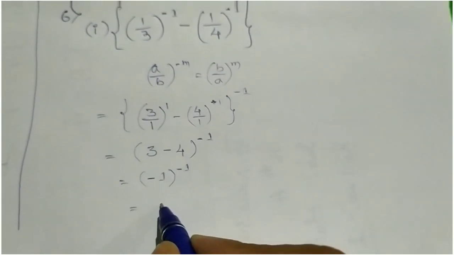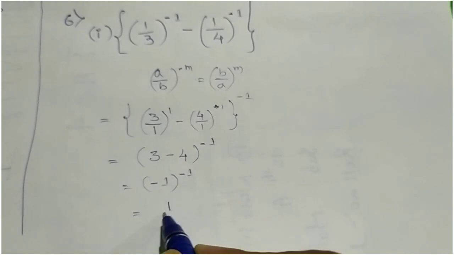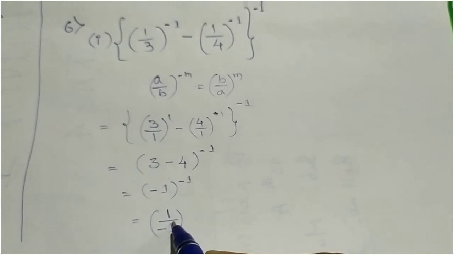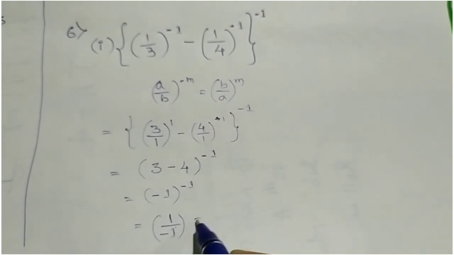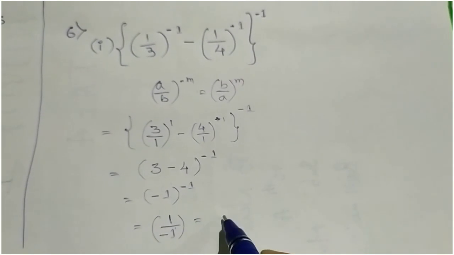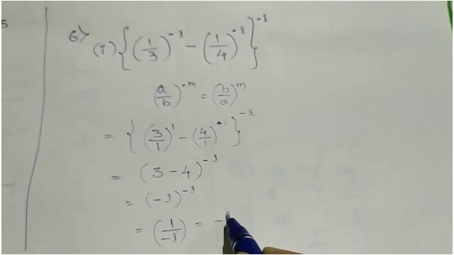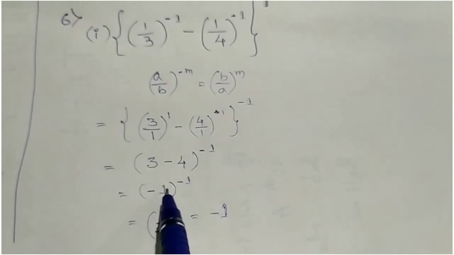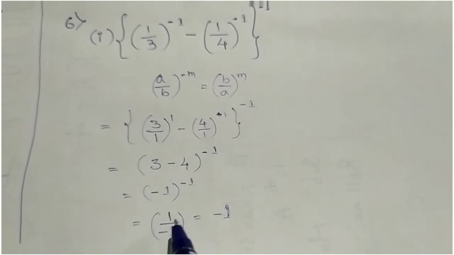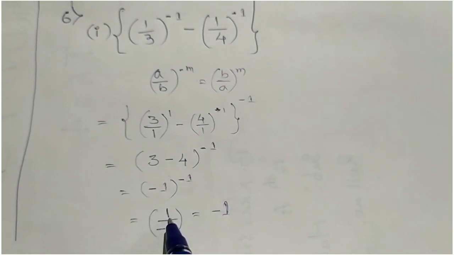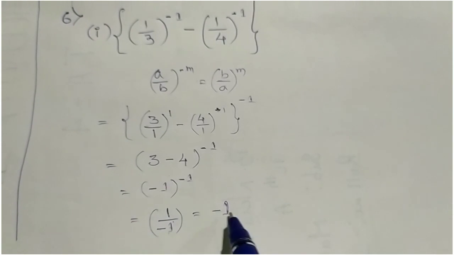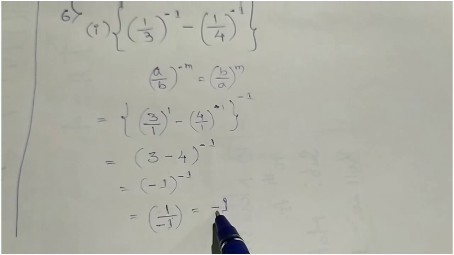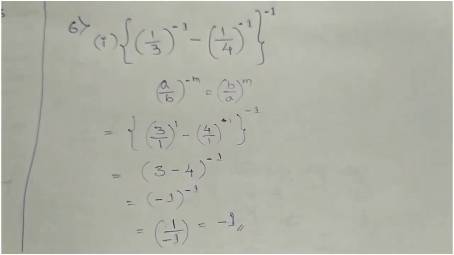Now 3 minus 4, that is minus 1, and again whole power minus 1. We can rewrite this like this, 1 by minus 1, okay, power becomes plus. So our answer will be 1 by 1, which is nothing but 1. So finally answer 1. Okay, so here minus 1 power minus 1 always gives us 1 by minus 1, and if you divide it 1 by 1, again we will get 1, and here if it is plus and minus, plus by minus, again we will get minus. So our answer will be minus 1.